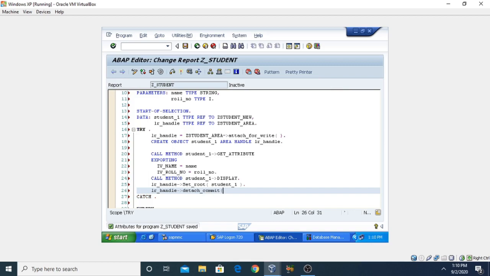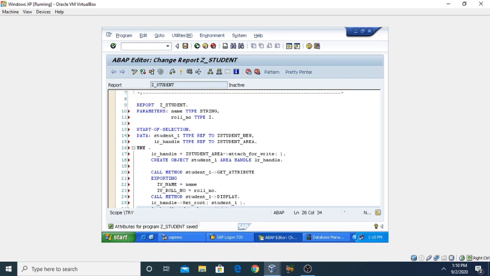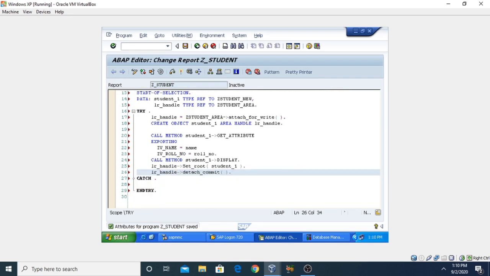This method I have already explained, for detaching, because firstly we have attached it for the write, so we were writing there, and now we need to detach it. Now we need to give the exception, so an exception may arise of the type cx_shared_memory, cx_shm_external_type.